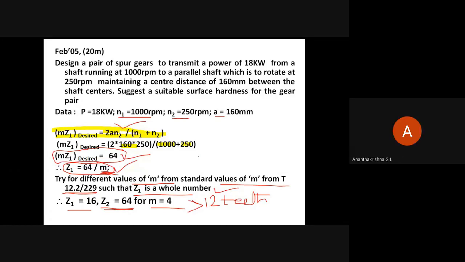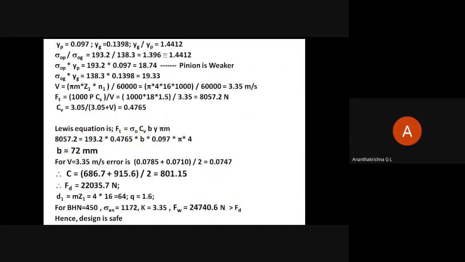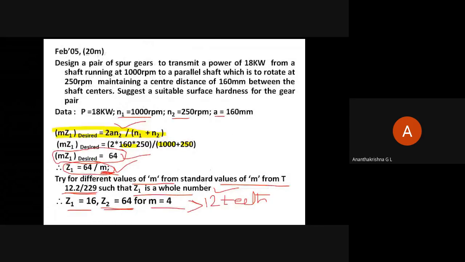Now, here we finished with the module part. So module is done. We need not find m cube C_B desired, then do iteration, getting module value; all those things are finished here itself. So we are finalized with module m, with z1, and with z2. So what is remaining?